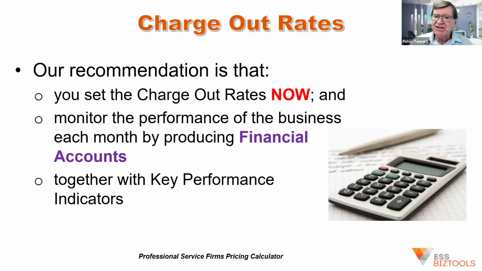So you set the charge out rates now and then monitor the performance each month. Prepare the profitability report, so the profit and loss accounts, analyze the performance, compare it back to the original calculations that you're doing now. Look at the productivity percentages that have been achieved by each team member. Does there need to be some fine tuning? Does there need to be some serious conversations with that person by the